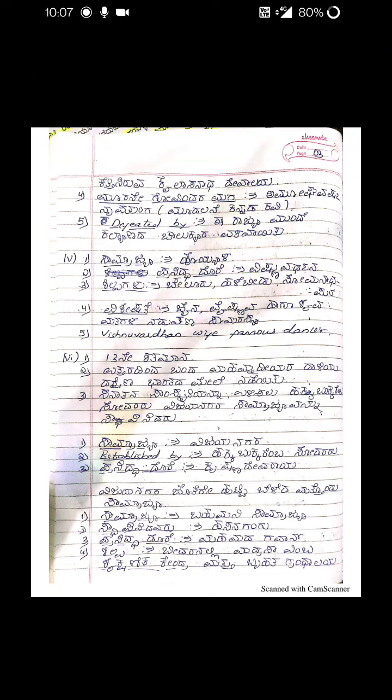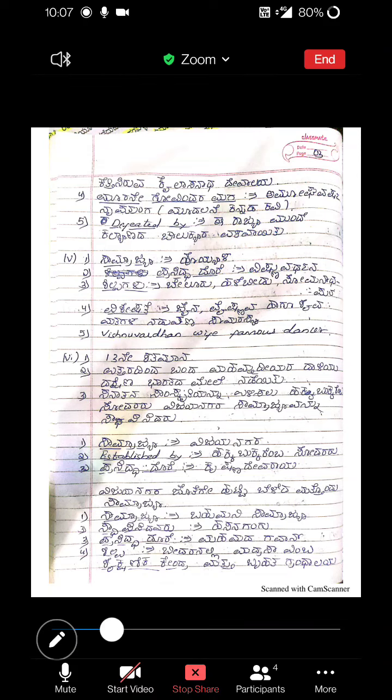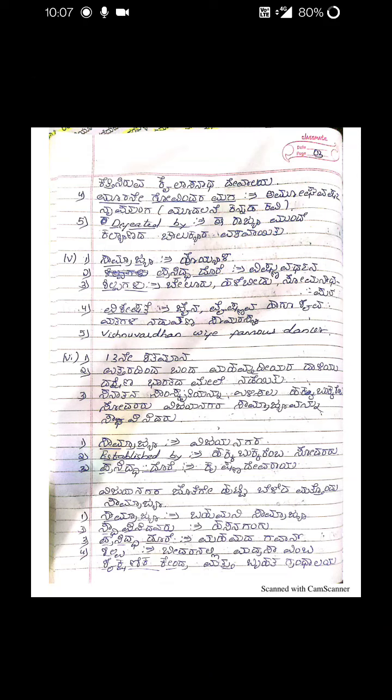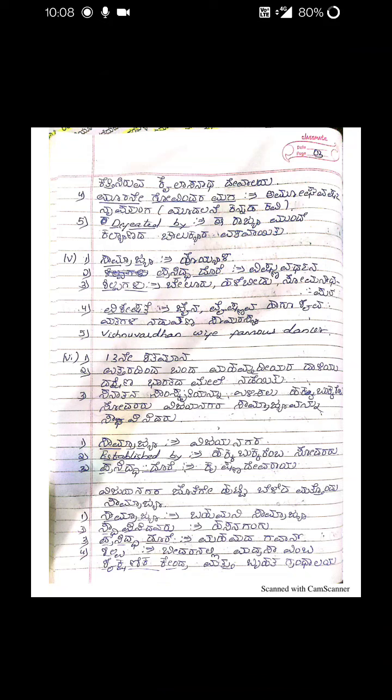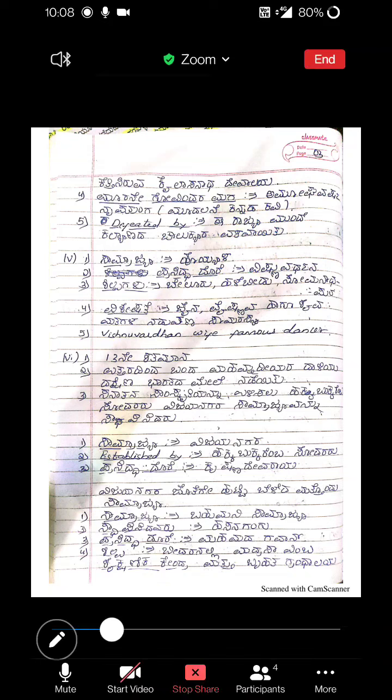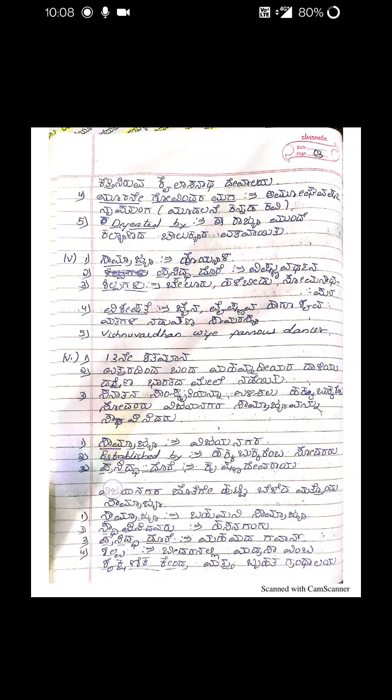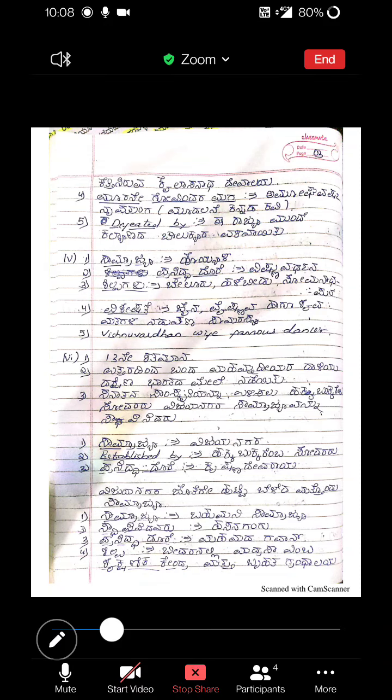The next dynasty was formed in 13ನೇ ಶತಮಾನ, that's 13th century. ಉತ್ತರದಿಂದ ಬಂದ ಮೊಹಮ್ಮದೀಯರ ದಾಳಿ ದಕ್ಷಿಣ ಭಾರತದ ಮೇಲೆ ನಡೆಯಿತು. So this is when the Muslims entered India, the Muslim rulers from north. ಸನಾತನ ಸಂಸ್ಕೃತಿಯನ್ನು ಉಳಿಸಲು ಹಕ್ಕ ಬುಕ್ಕ ಸೋದರರು ವಿಜಯನಗರ ಸಾಮ್ರಾಜ್ಯವನ್ನು ಸ್ಥಾಪಿಸಿದರು. So when the Muslim rulers attacked Karnataka, there was need to preserve the Sanatana Dharma in Karnataka, the Karnataka culture. So these Hakka Bukka brothers established the Vijayanagara Samrajya.